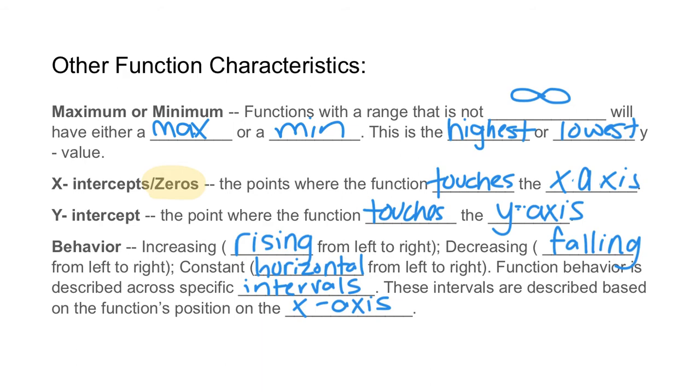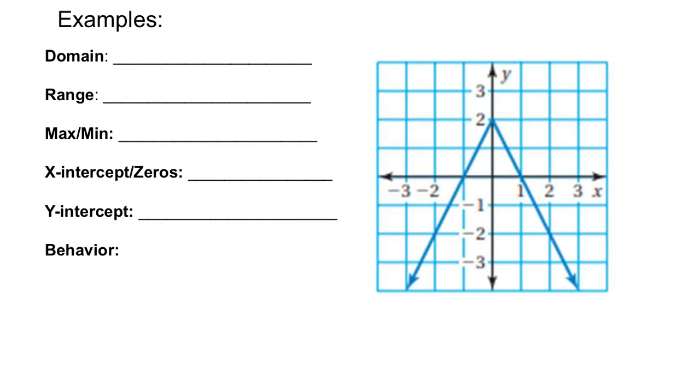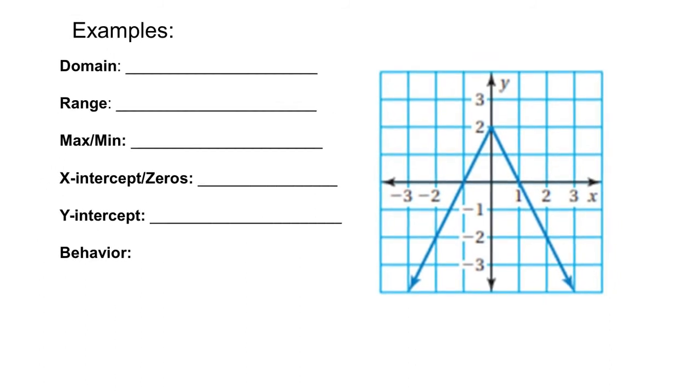All right, let's look at some examples of all of this then. So here we've got a graph of a function, and they're asking us to describe its domain, its range, its maximum or minimum, x and y intercepts or the zeros, and the behavior of this graph. So to start with domain, when you think about domain, you need to be thinking about along your x-axis, how far left and how far right does this function go? Now, it doesn't have to be the actual points on the axis. It's not this point and this point, because the function has points that are further left than that spot where